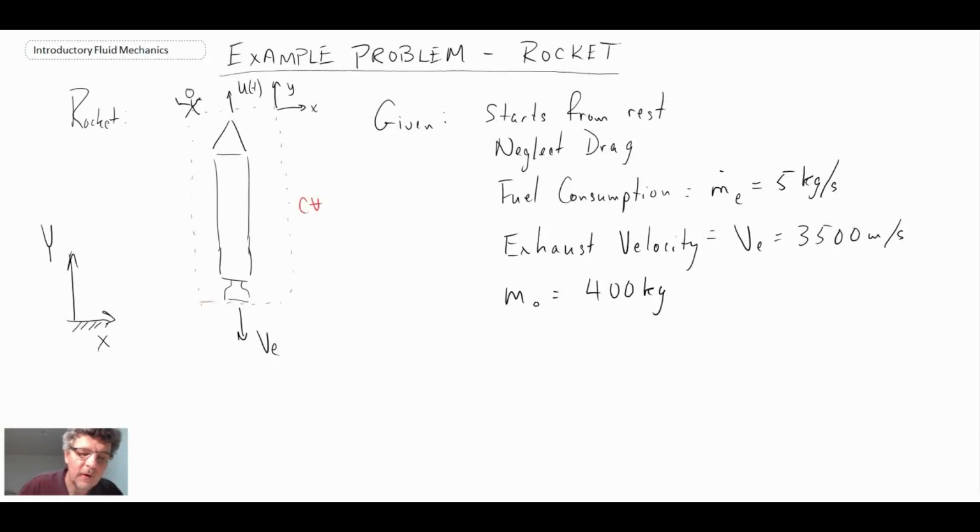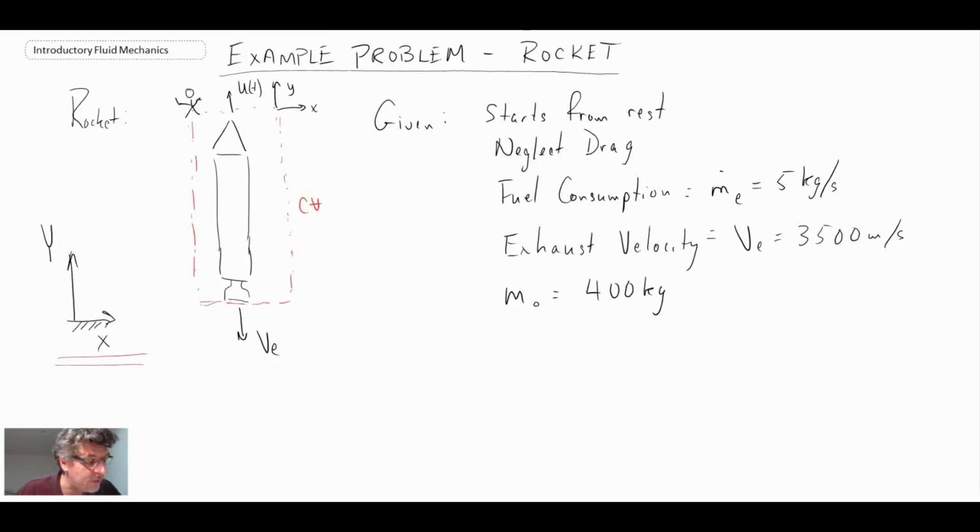Okay, so there is our problem, and what I've drawn is a control volume around our rocket, and you can see it sketched here. I've drawn the control volume to be right across the nozzle exit, and we can see that we have our inertial reference frame that is fixed and not moving, and then we have our moving reference frame that, in this particular case, being on the rocket, is actually accelerating, and consequently we have the